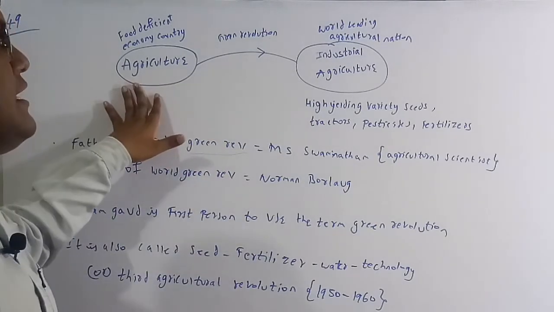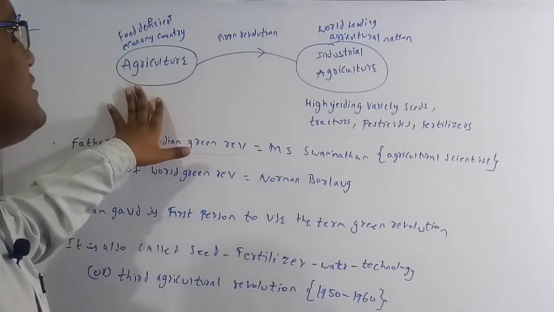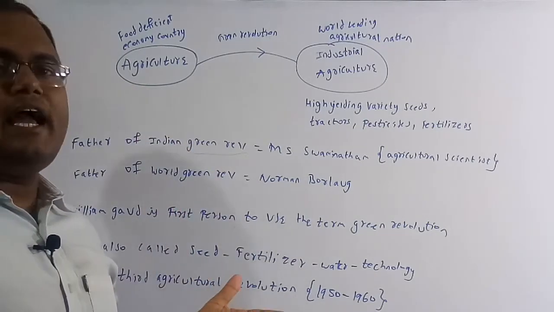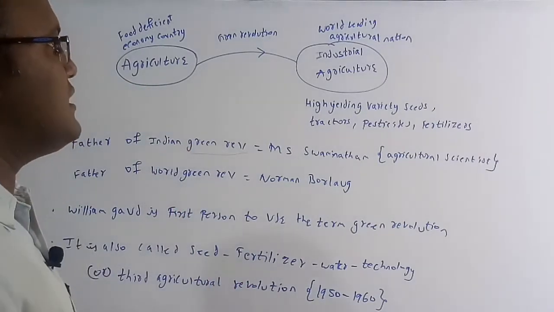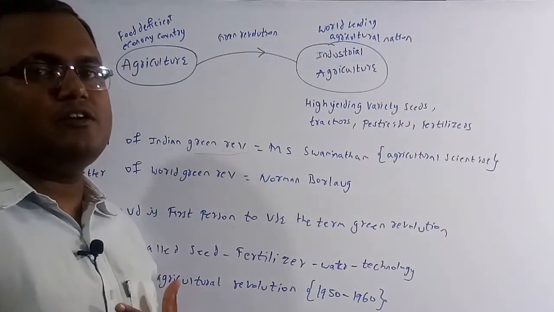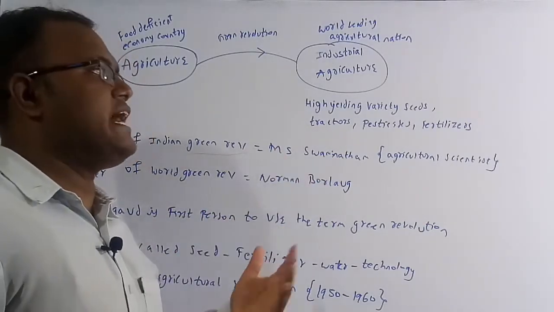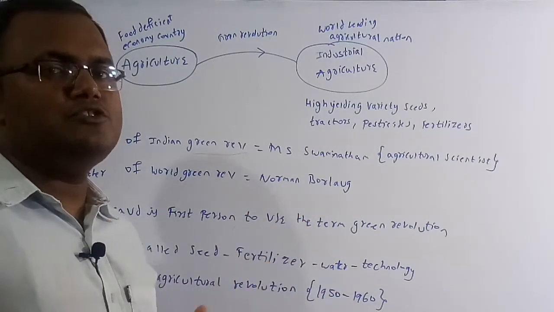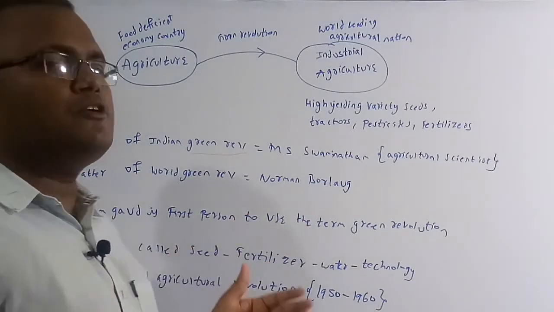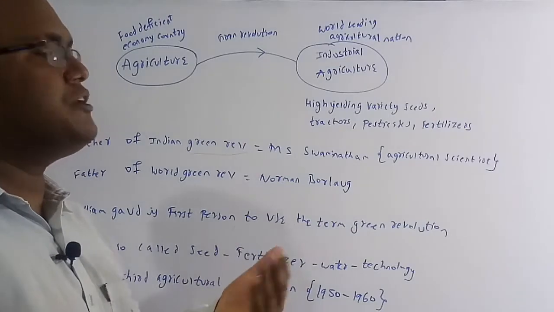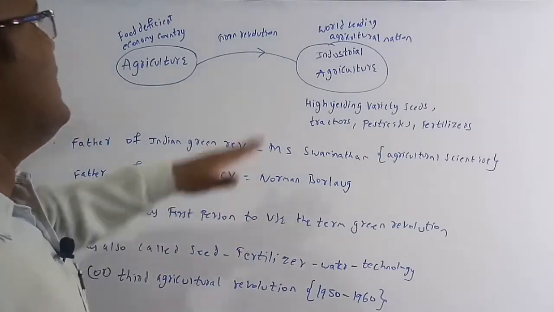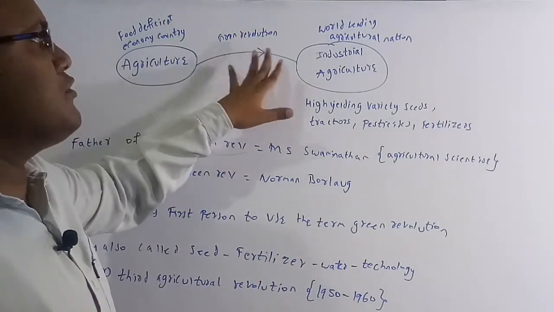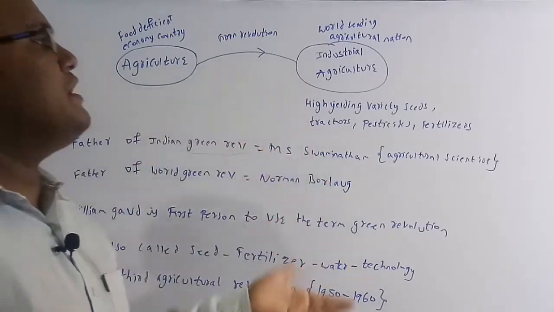In the olden days, they thought that in order to increase food, they had to increase the land for farming. But that is not the case. We have to use modern technology and modern variety seeds, tractors, pesticides and fertilizers. If we use all this modern technology in a proper manner, even in a small amount of land, we can produce a large quantity of food. This was known, and then the green revolution was brought to India, and the food production became very high.